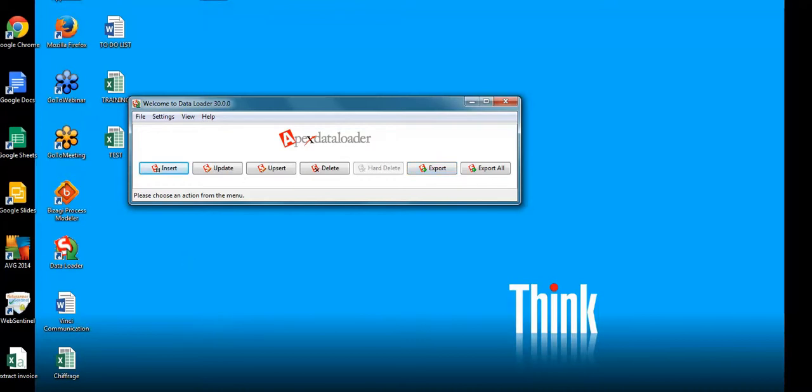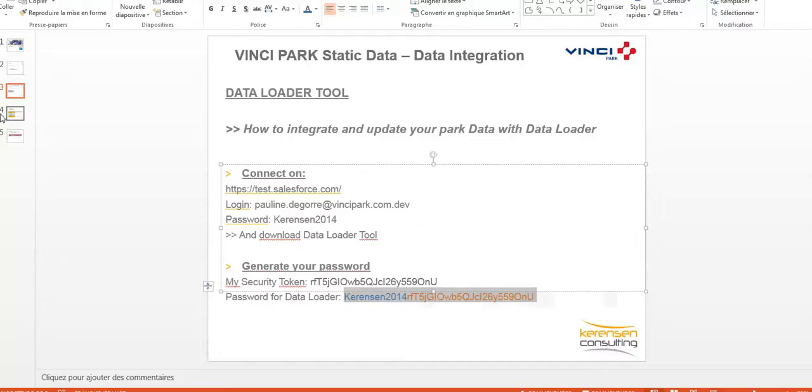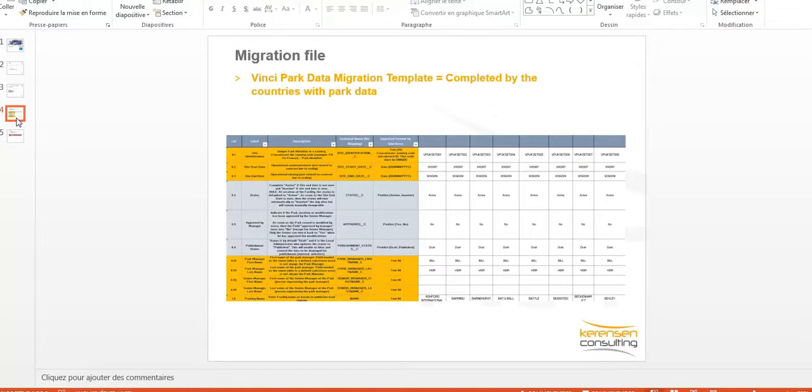Okay, so now let's focus on the migration files. In the toolkit, we have normally communicated to you two file templates. The first file is the Vinci Park Data Migration Template. This migration file is dedicated to the users.